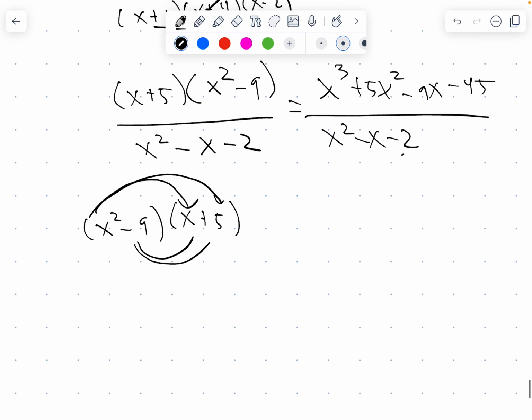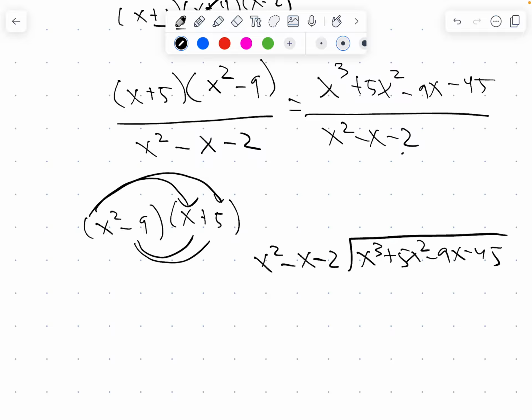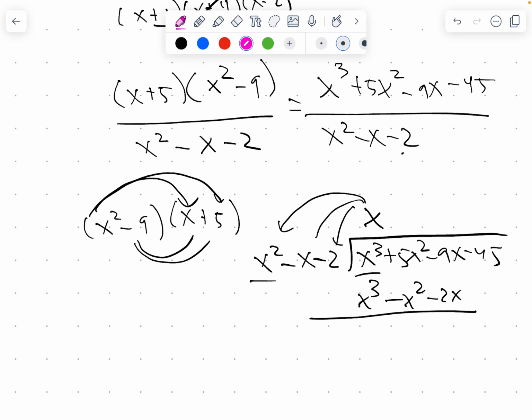Now, to find the slant asymptote, we have to do the long division here. So x squared minus x minus 2 goes into x cubed plus 5x squared minus 9x minus 45. So x cubed divided by x squared is x. Now we multiply that out. That's going to give us x cubed minus x squared minus 2x. When we subtract, we flip those signs and add those up. That's going to give us